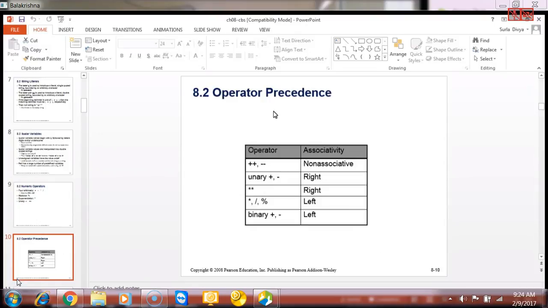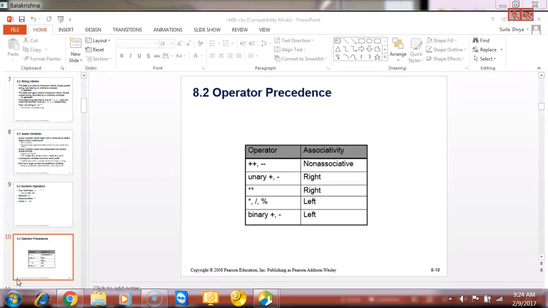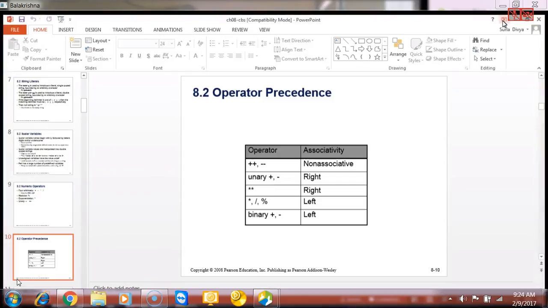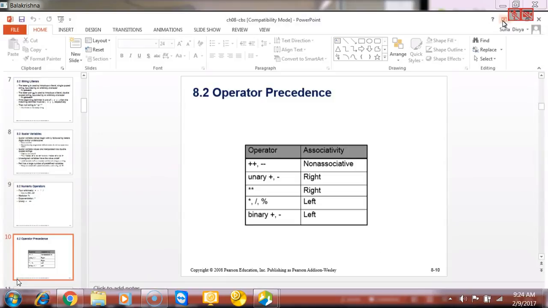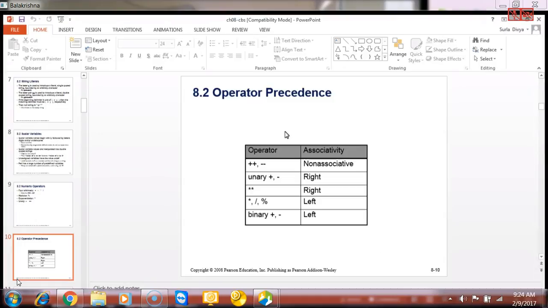And then here, operator precedence. Generally we have already learned this in schooling, right? We have learned the BODMAS rule. That is the way we can most of the time remember how the precedence goes. When I say BODMAS, it is B for brackets, O for of, when you are removing the brackets, D for division, M for multiplication, A for addition, S for subtraction. That's what the BODMAS rule was. A similar BODMAS rule applies here as well.